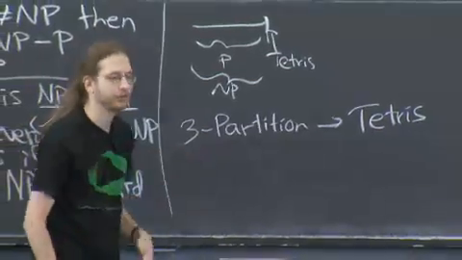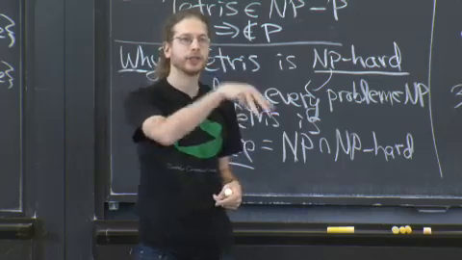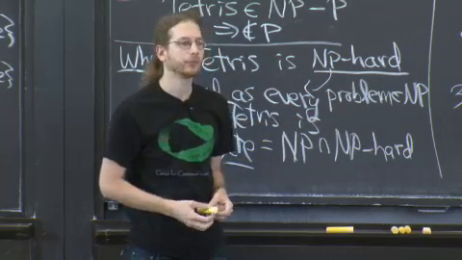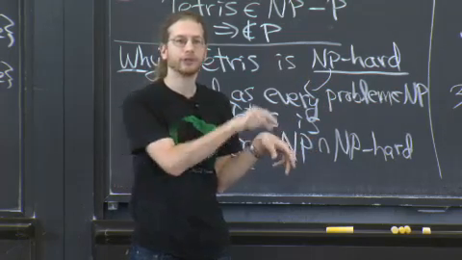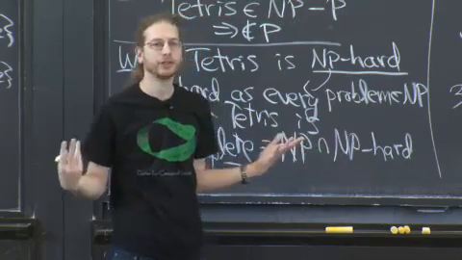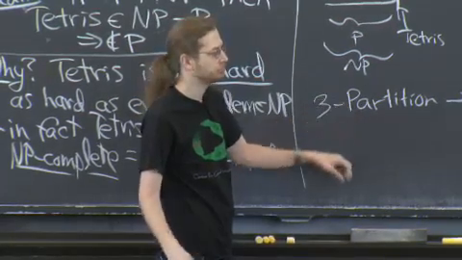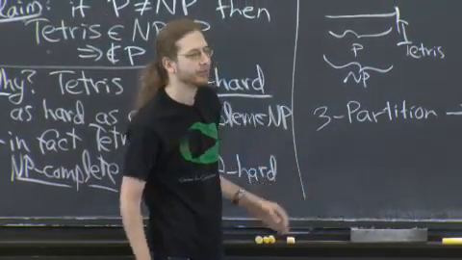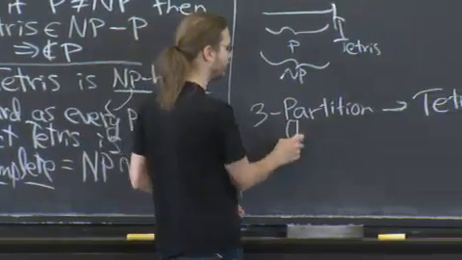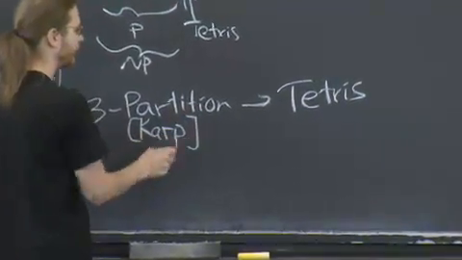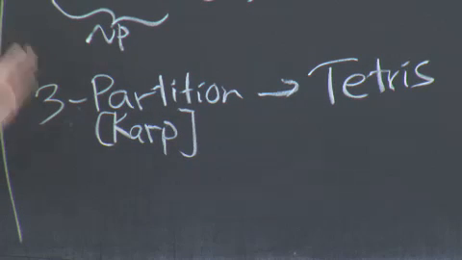Now, what's 3-partition? 3-partition is I give you n numbers. I want to know, can I divide them into triples, each of the same sum? So I have n numbers, divide them into n over 3 groups of 3, such that the sum of each of the 3's is equal. Sounds like an easy enough problem, but it's an NP-complete problem. And people knew that since one of the first papers, I guess late 70s, early 80s, by Karp. So Karp already proved, this is standing on the shoulders of giants, Karp proved 3-partition is NP-complete, so I don't need to think about that.